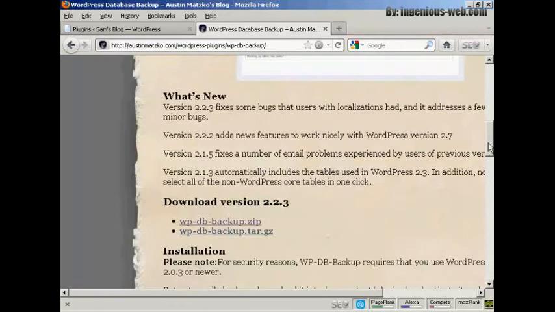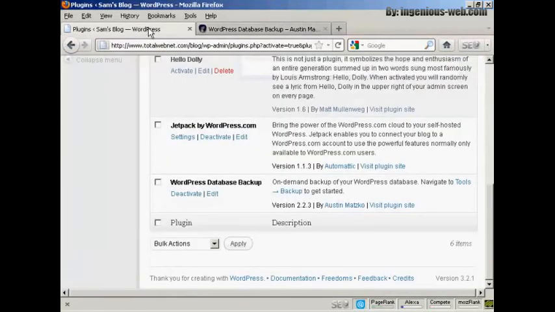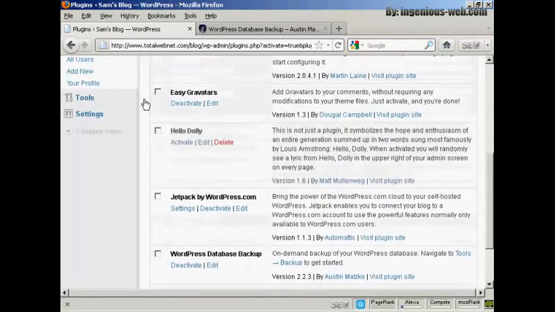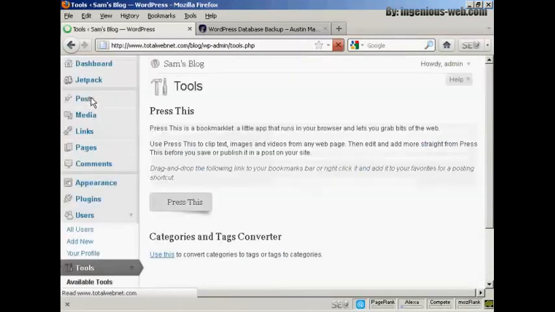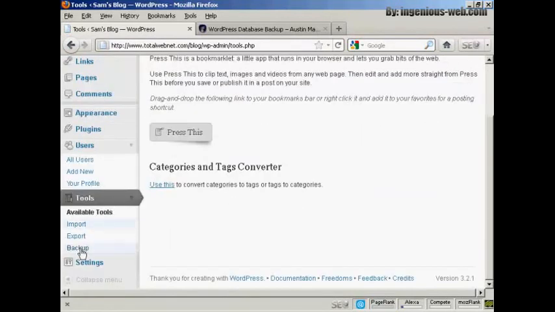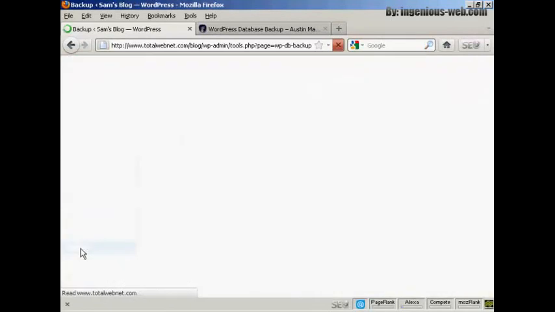And you have to download this and install it manually, and then activate it, and once it's done you'll see it here in your plugins menu. And you'll also, when you click on Tools, when it comes down to Available Tools, you'll see here it says Backup. So click on there to configure it,